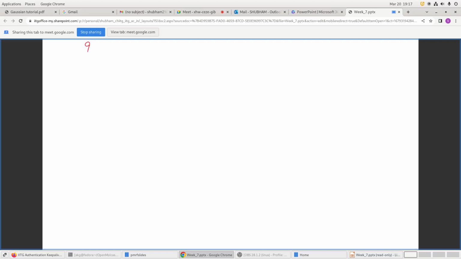Now Q dash vibrational is equal to, at zero point energy, E naught equals 0. So this is equal to 1 plus e to the power minus h nu by kBT